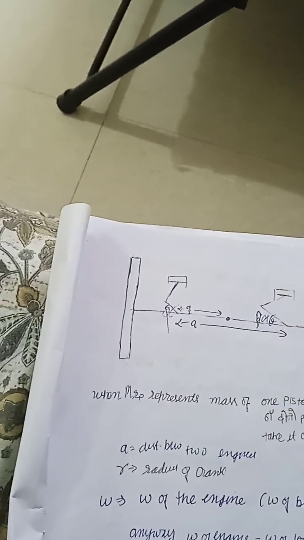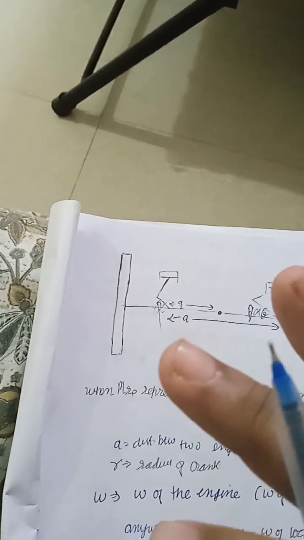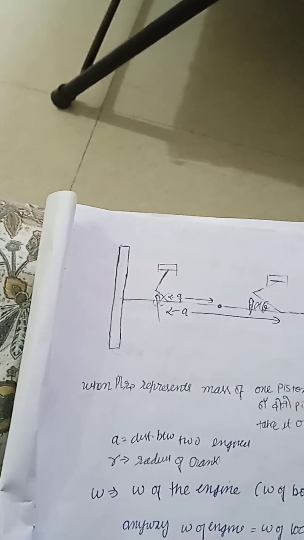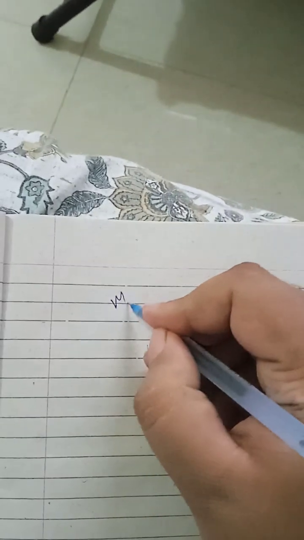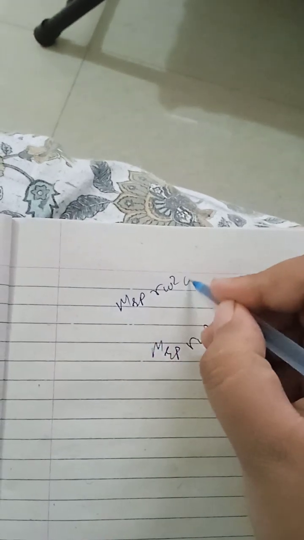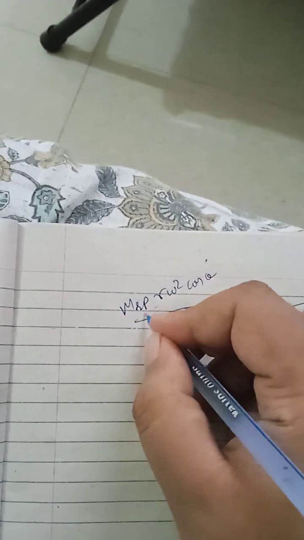So when we do the balancing by balancing mass, what is left? Because we don't do 100% balancing, what is left? Actually, I forgot to tell you something. In the previous one, we found this: m_rp r omega square times the square root of (1 minus c square cos square theta plus c square sin square theta). This was the unbalanced force that remained after the balancing. Initially, the unbalanced force was this, and the direction of this force is horizontal,